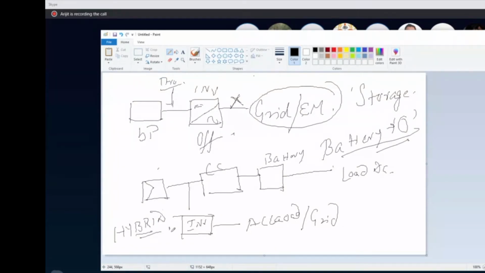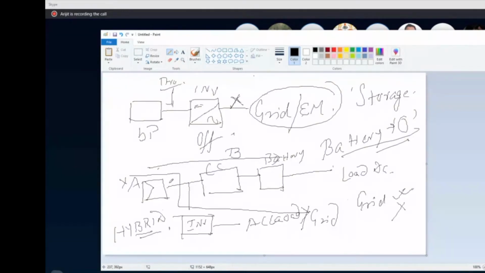What does a hybrid system mean? Whenever there is electricity, the electricity is going to flow through this path. That is, we are using a grid connected system whenever there is electricity. But whenever the grid is down, the electricity will be flowing through path B, not path A. So it is used as an off-grid system. So the combination of both is called a hybrid system.